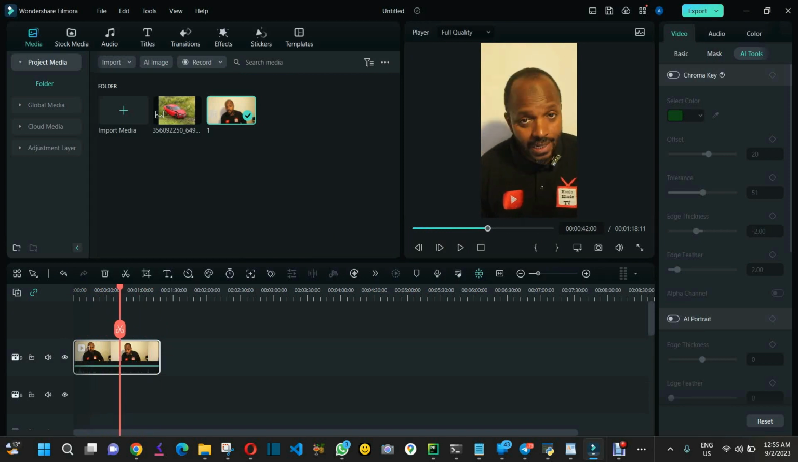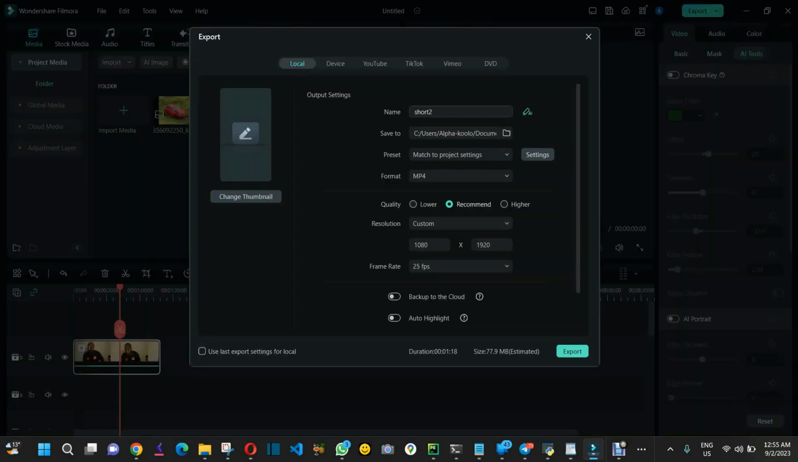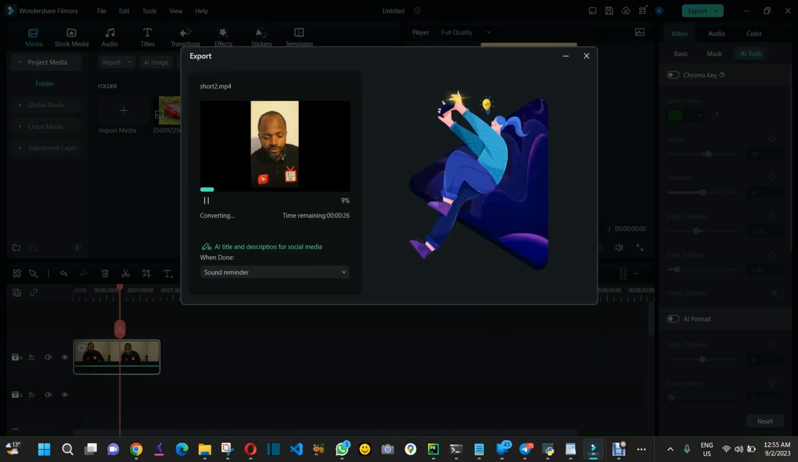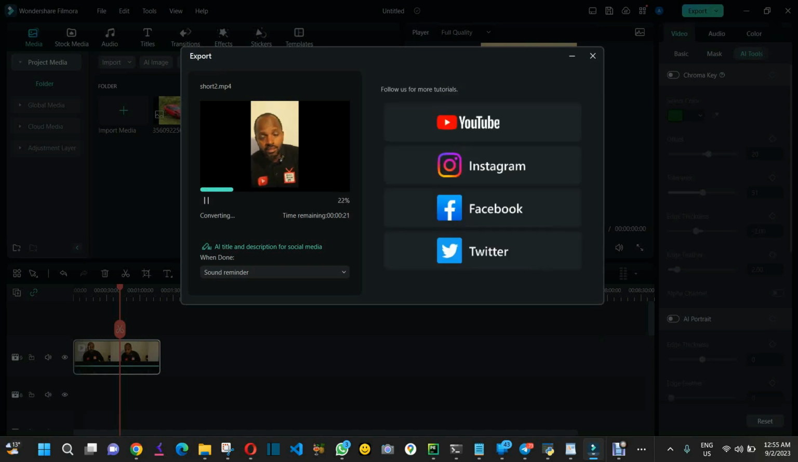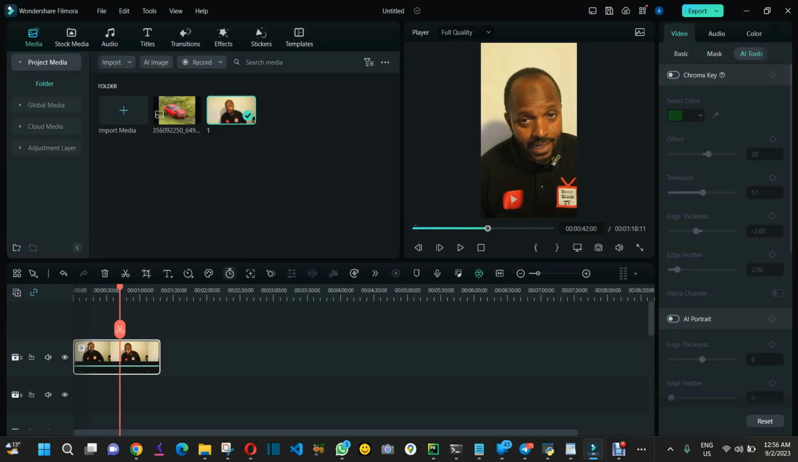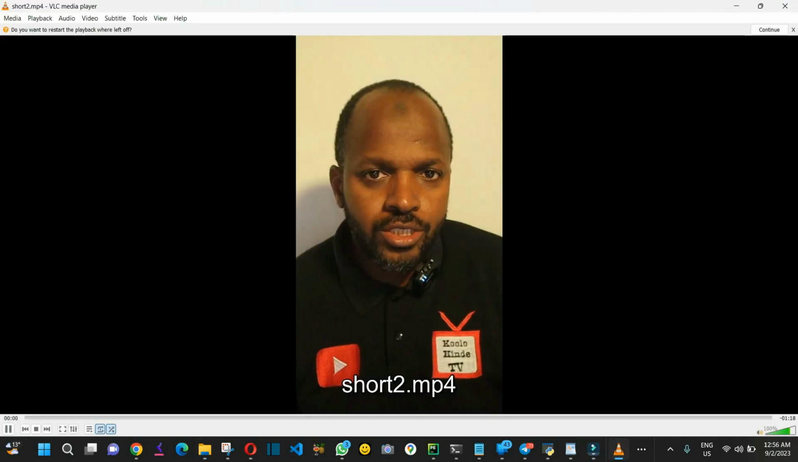Now we can even export it and see. Export, you can call it short. Do not change anything here as we've done it already. Click export, and I'll wait until it's finished. It's done. I'm going to open it. As you can see here,